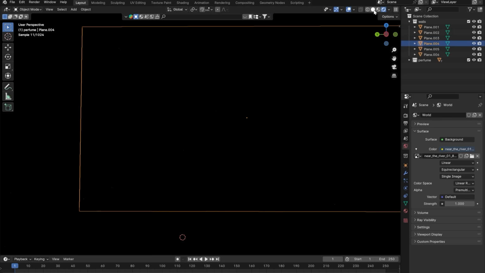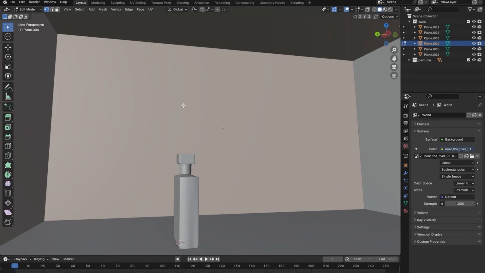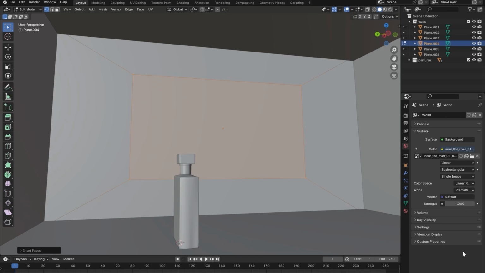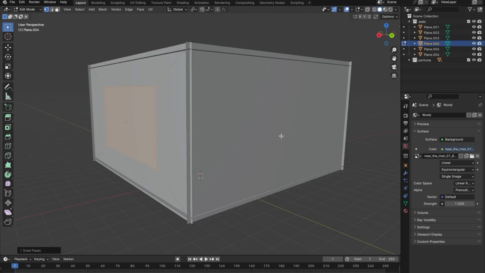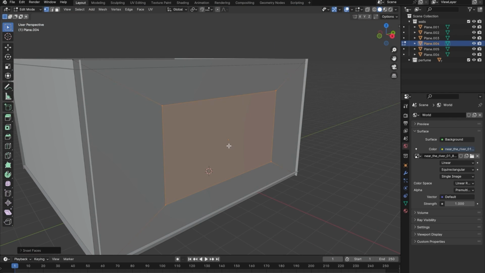So what I'm going to do is go back to my viewport mode, and with this selected I can press Tab to go into edit mode, and everything is going to be selected by default. But if it's not, you can just press A to select everything. Then I'm going to press I to inset it. If I press I and bring the mouse closer to the center, you're going to see that it becomes smaller and smaller. Something like that should be a good option. Just left click, and you're going to see that we've created a smaller face inside of the plane. Now with all that selected, we can just press delete on our keyboard,